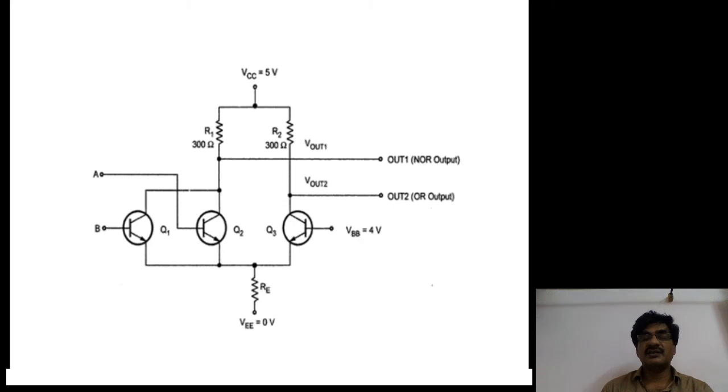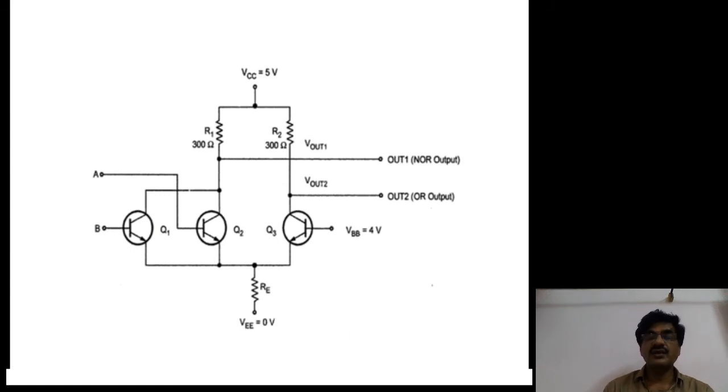Here the advantage is that the transistors may not operate in cutoff and saturation. The transistors operate in the active region only. When they are on, they operate in the active region, that is nearer to saturation, so the storage time is very less, hence the propagation time is very less. You can observe the high speed of operation here.